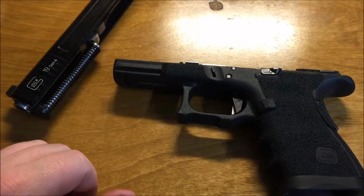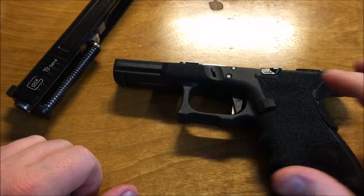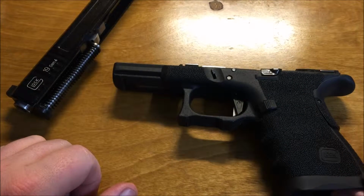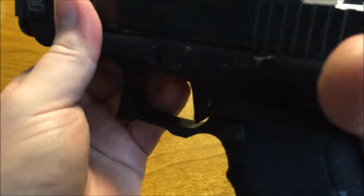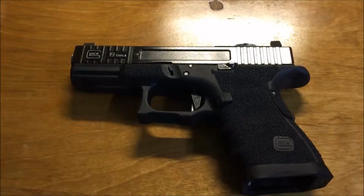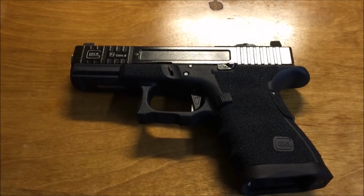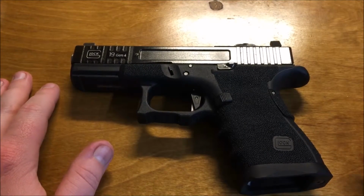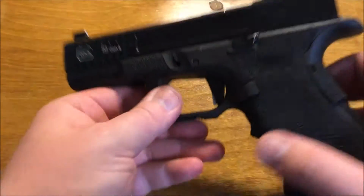So far, I paid $33 shipped for this trigger. And so far, it is worth its weight in gold. Unbelievable. This trigger. It's not that the trigger gives you a better pull. Your spring weights inside are going to give you that smooth pull. What this trigger does for me